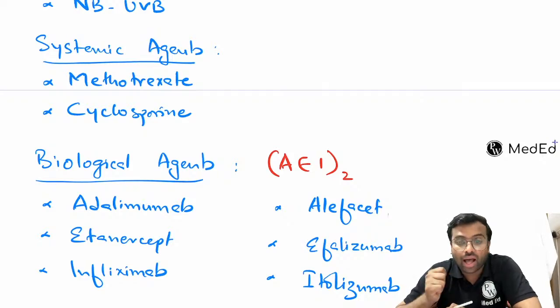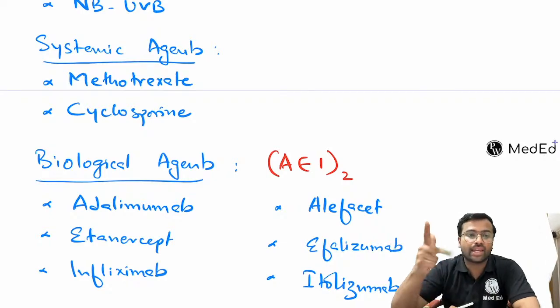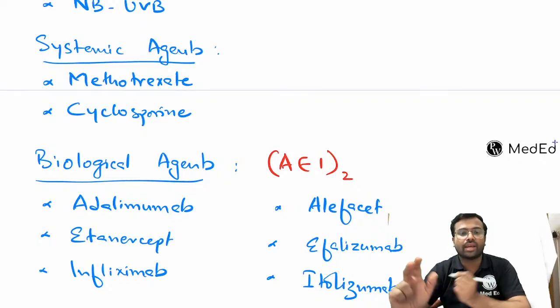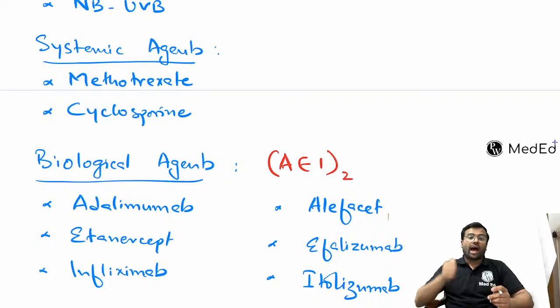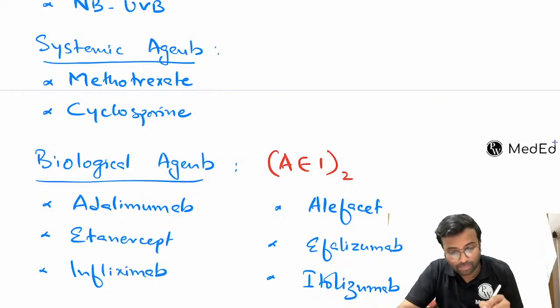but please remember adalimumab, etanercept, infliximab. All these are TNF alpha inhibitors. Okay? AEI: adalimumab, etanercept, infliximab. The same AEI one more time. This is going to be alefacept,